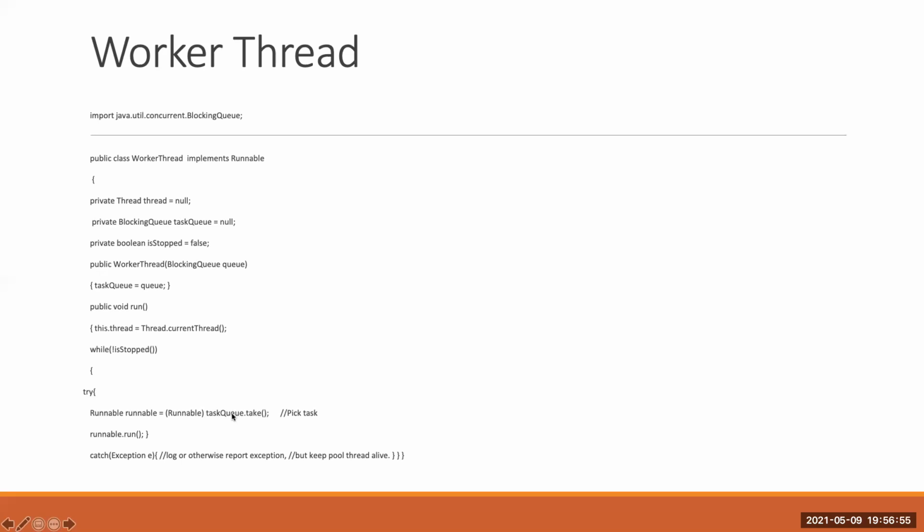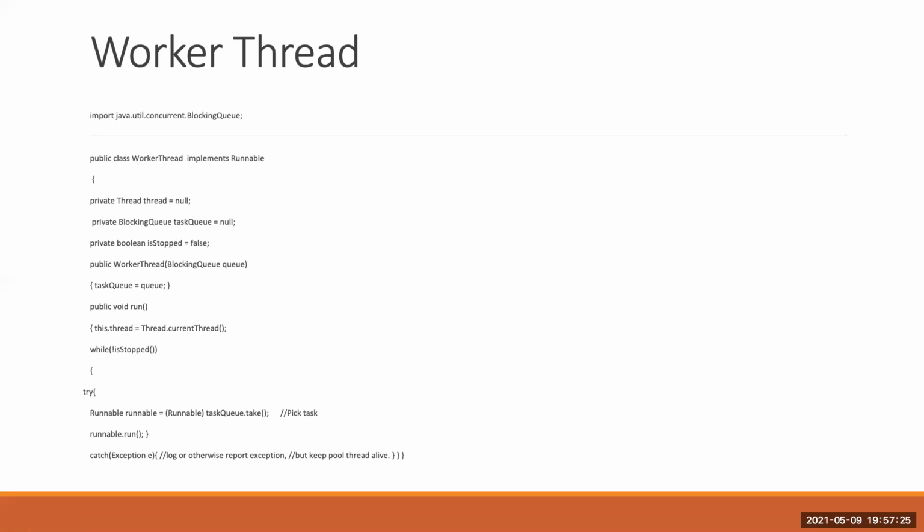Since we are using an array blocking queue, I'm using the take method. The take method will pick the task. If it is available, it will pick it and run it directly, calling the run method of that particular task. We are submitting the task object as an implementation of runnable.